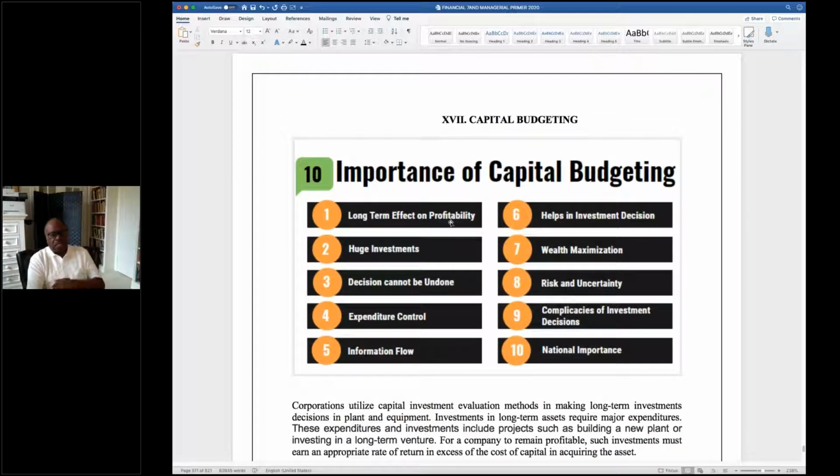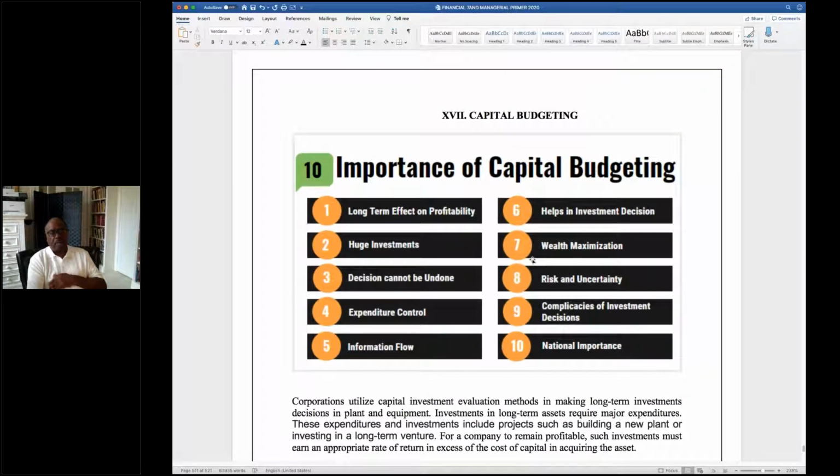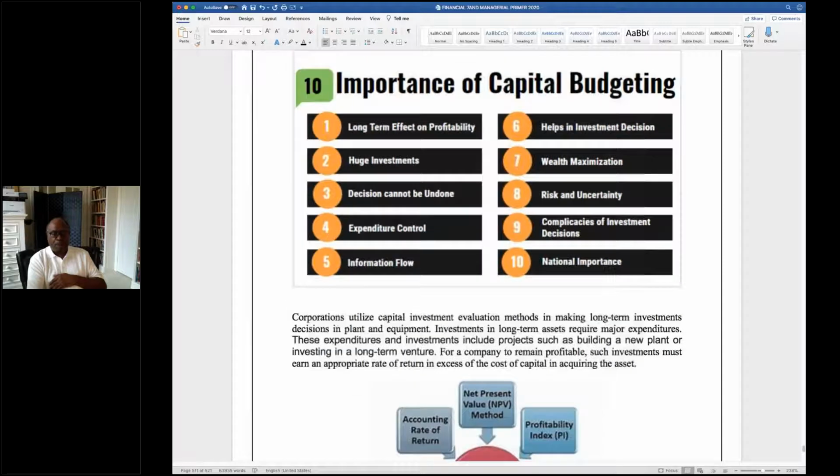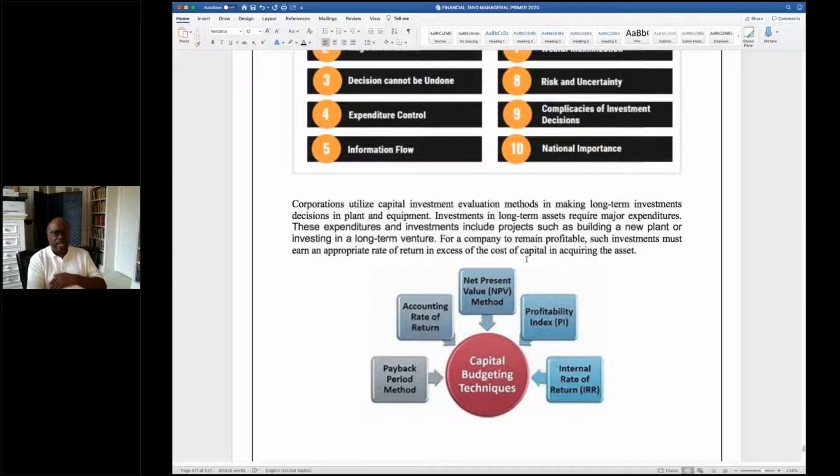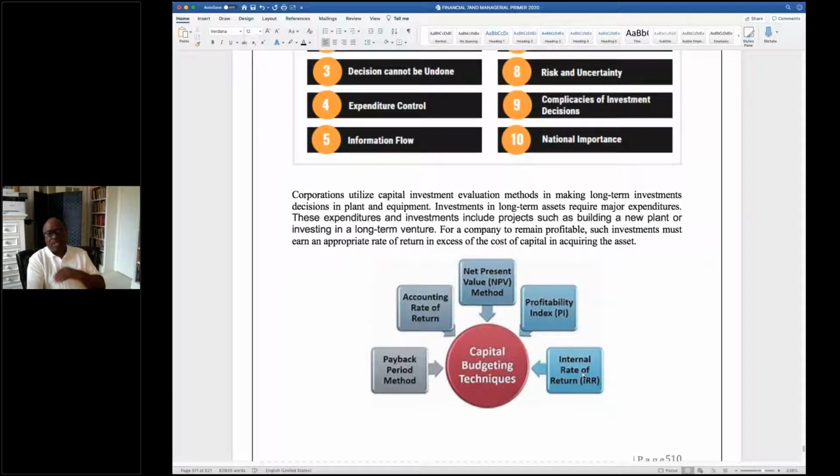So it's like a sports team which builds a new arena. You better have a lot of skyboxes so it can make money, or else you spend a lot of money. So what we do, we employ what's called capital budgeting techniques. And then we get ready to investigate a project. There are 5 techniques: payback, rate of return, net present value, profitability index, income rate of return. When we investigate a project, we pick one of these methods to determine whether we're going to